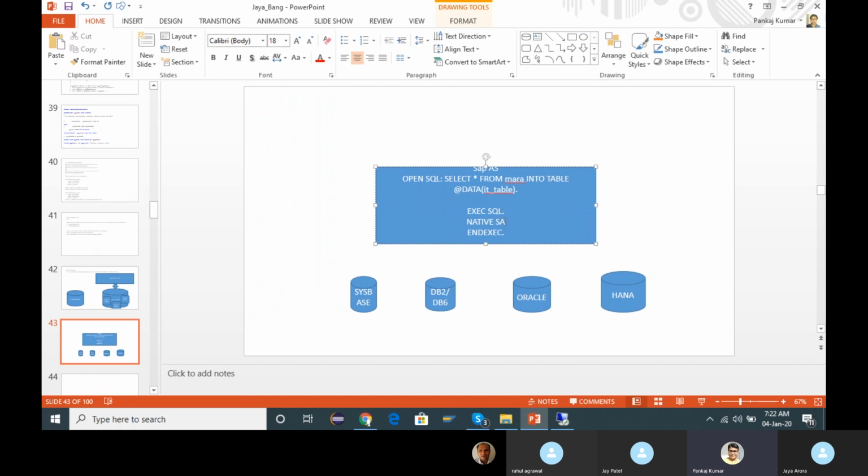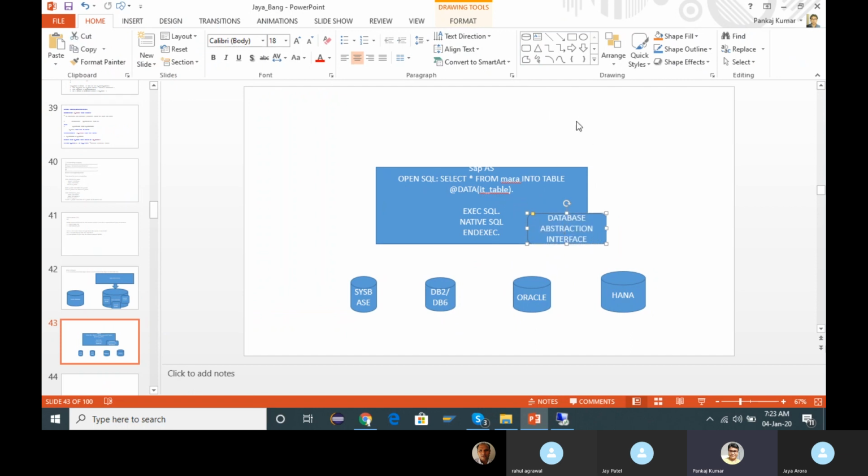Native SQL should be database compatible, but with Open SQL you don't have to bother, because everything will be taken care of by the database abstraction interface. It will convert the Open SQL into the native SQL as per the standard of the underlying database. Even if tomorrow you change to another database, everything will be taken care of by this database abstraction interface.